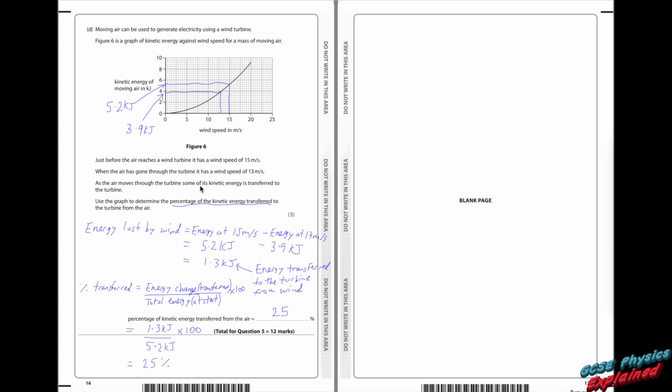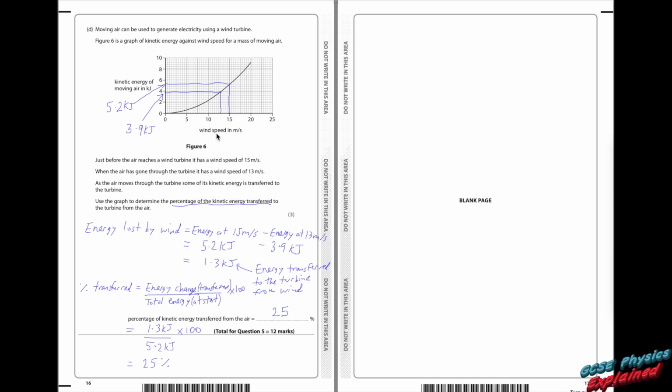As the air moves through the turbines, some of its kinetic energy is transferred to the turbine. Use the graph to determine the percentage of the kinetic energy transferred to the turbine from the air. Right, well, what we're going to have to do is work out how much energy is lost by the wind. So at first, if we can find out the energy at 15 metres a second, and we can take away the energy at 13 metres a second, we'll be able to work out how much energy has been lost by the wind and